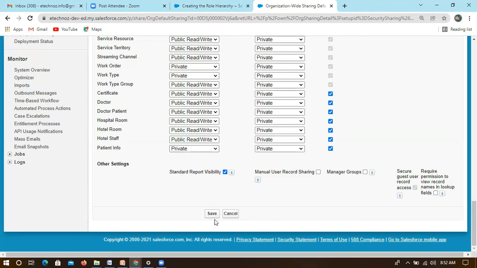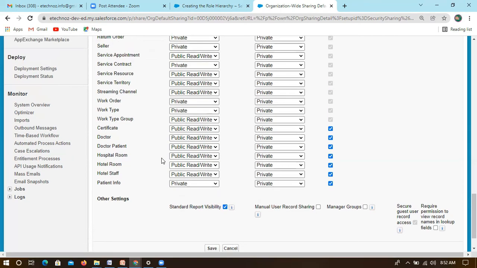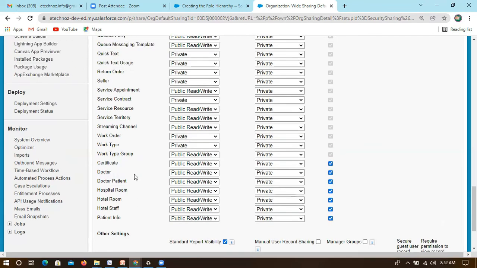I have a doubt. Let us say we set it to public read. How will another user access it? Process-wise, this is a default. Default record-level sharing is controlled through OWD, the org-wide default. Org-wide default means the entire org is controlled based on this simple selection. If it is public, it is within the organization, not over the internet. Only this org level, this eTechnos dev org.